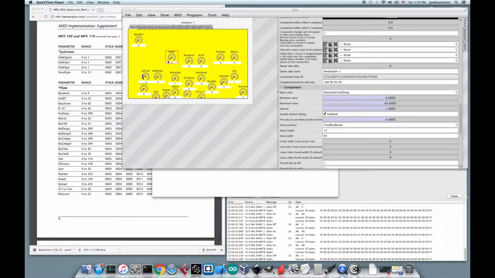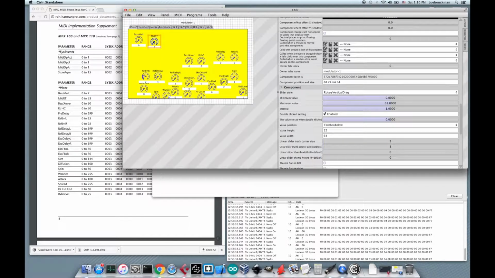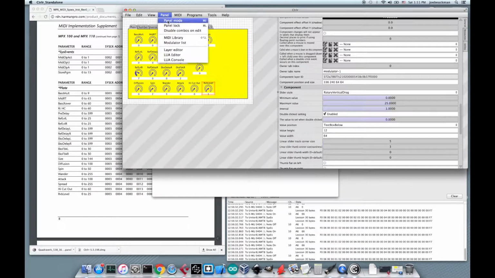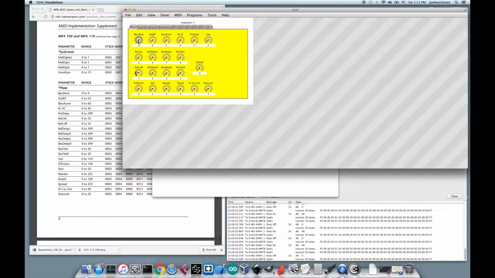Now I want to move these controls into some sort of order that makes sense. Okay, and if I test this panel out,